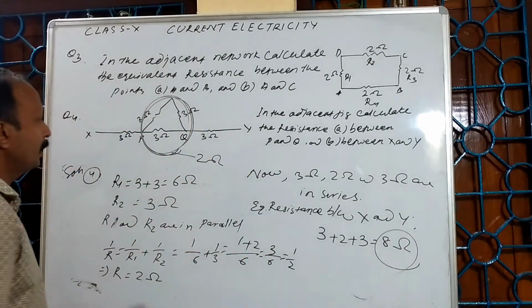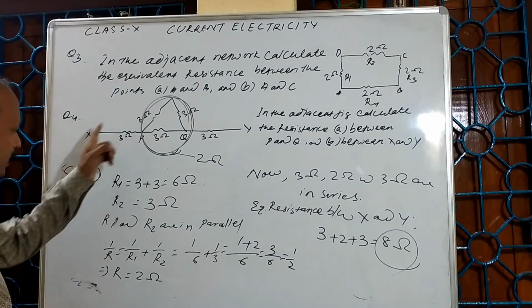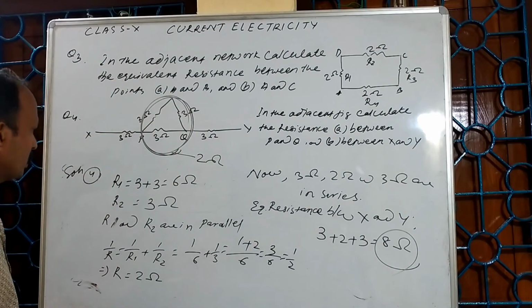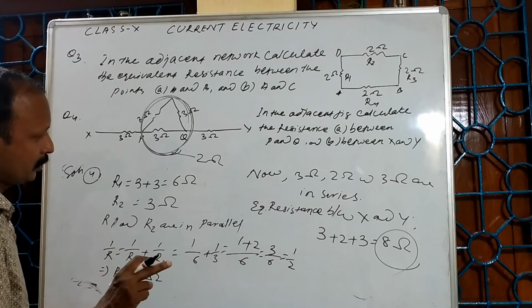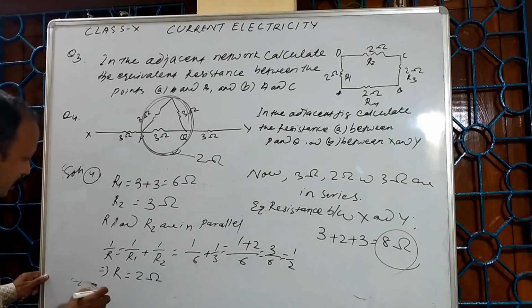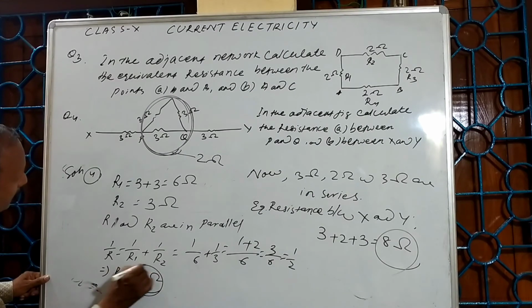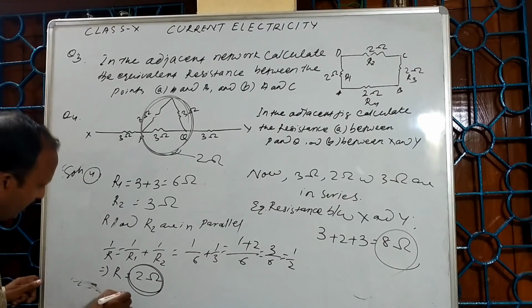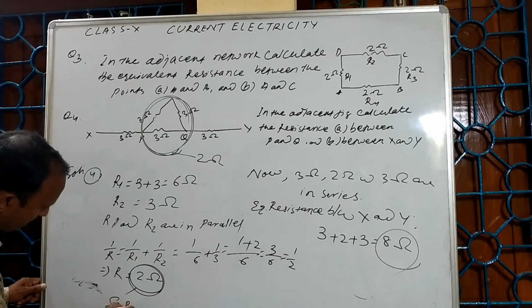This is the equivalent resistance between the points X and Y. Before that we got the equivalent resistance between P and Q. This is the equivalent resistance between